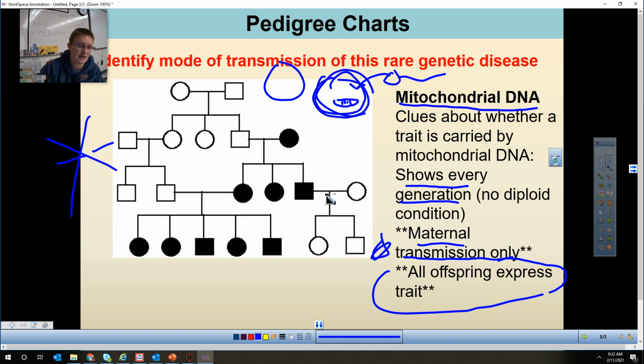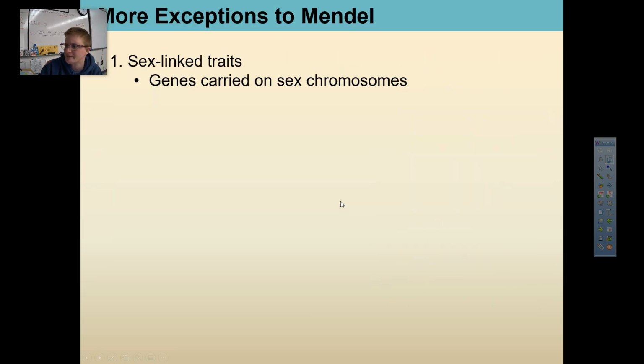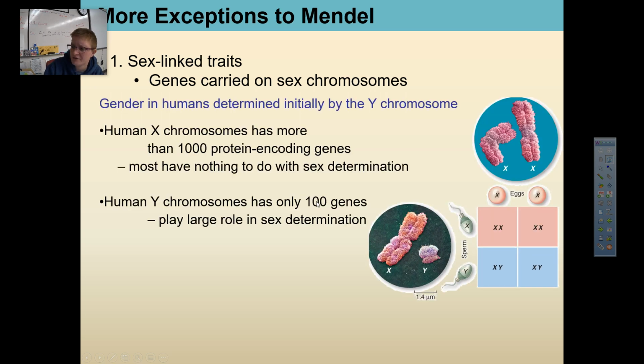So it's a weird one. If you're trying to figure it out, man, that is a weird pedigree. It looks maybe dominant, but only mom's passing it on. You might think, oh, maybe it's mitochondrial. All right, we're going to come back to those pedigrees in a minute, but we've got to talk first about